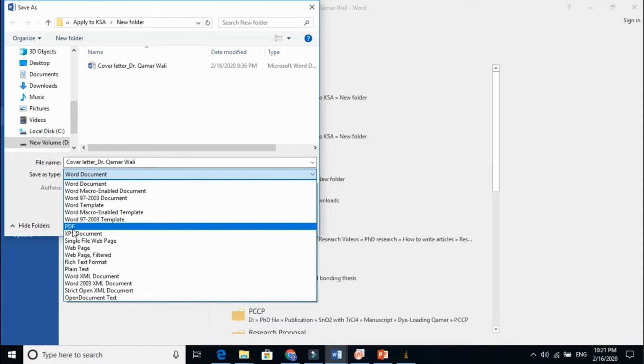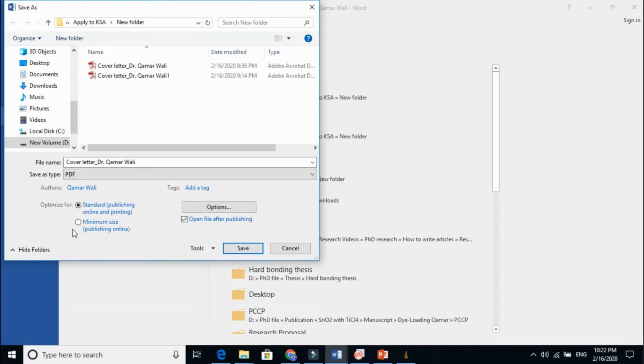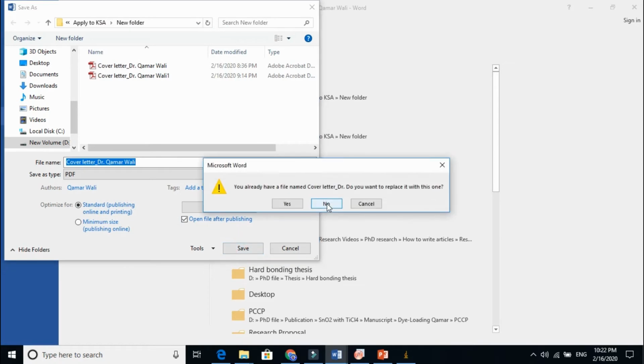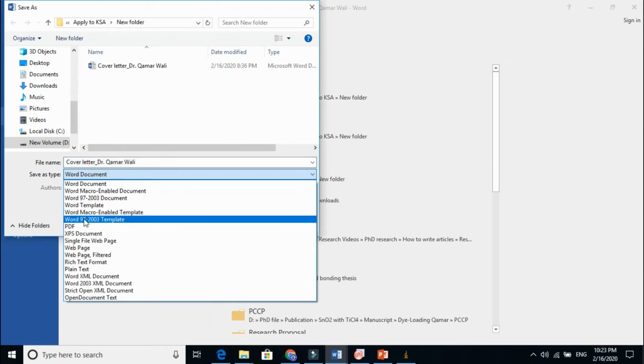If 2016 is available, why do you use 2013 or 2010? In 2013 this option is also available, but please do not use 2007 and 2010. Use the latest higher version, because the highest version has more features. Okay, when I select this one, look now here, there is an option also, because you want to convert all pages. Yes, all pages. Okay, so save, and there is already one there, so go to Save As here,